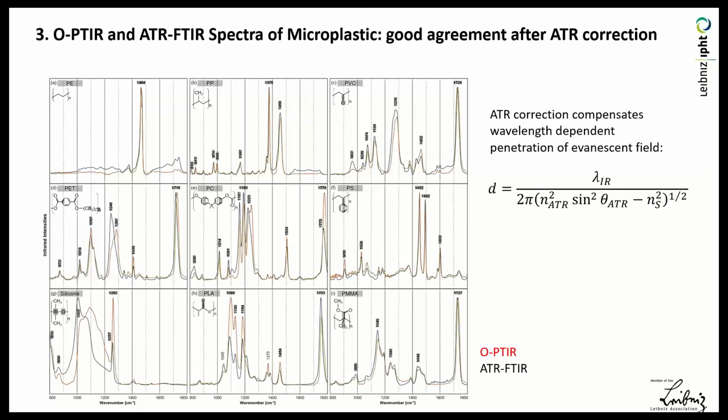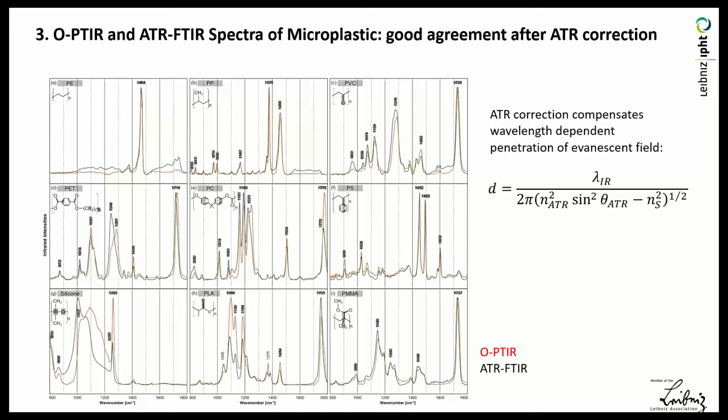Yeah, then microplastic gives very nice infrared and also Raman spectra. So, and we studied here polyethylene, polypropylene, PVC, PET, polycarbonate, polystyrene, silicon, PLA, and PMMA. We collected OPTIR spectra here, this red curve, and FTIR spectra in attenuated total reflection mode, because the particles and